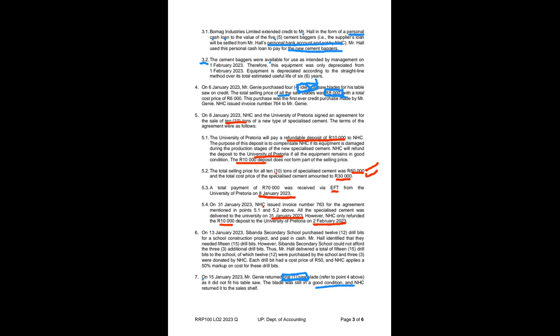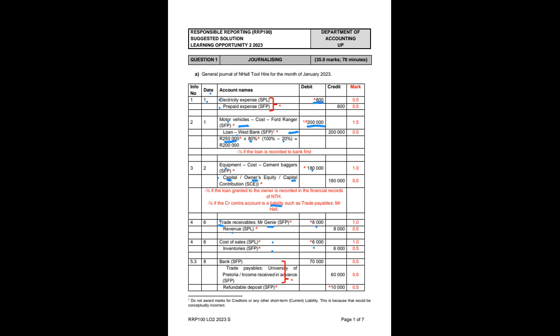With the 10,000 rand, it would have been conceptually incorrect for us to record income received in advance. Why? Because there was never a chance that the 10,000 rand would become income. So therefore, we need to record a liability that shows the examiner that I understand this amount is never going to become income. So the account name, instead of telling you what the correct account name was, it's easier for me to tell you what it shouldn't be, and it shouldn't be income received in advance. It could be trade payables, though, right? That's fine. It could be trade payables, but in the solution, we've taken the position to go with